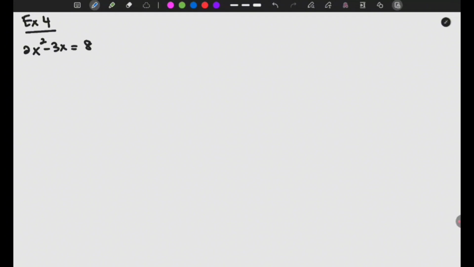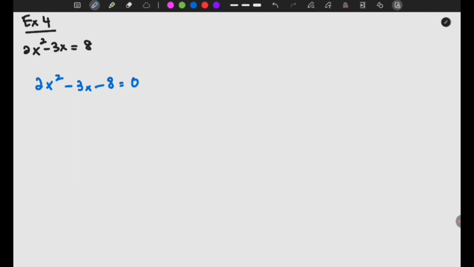So let's do it, guys. The 8, you need to make it equal to 0. So what do you do? The 8, you bring to the other side. So 2x squared minus 3x, and the positive 8 when you bring to the other side becomes minus 8. And here is nothing, so it's 0. Okay. So now you already bring it into the general quadratic equation where you have your a